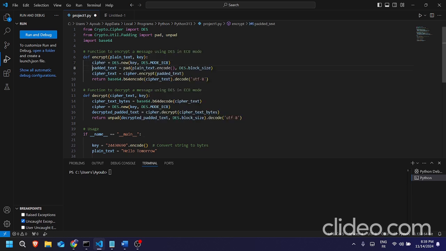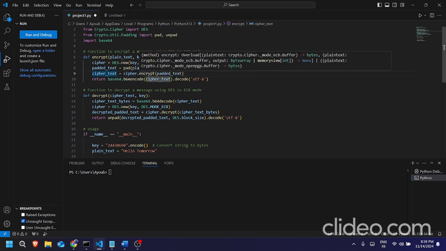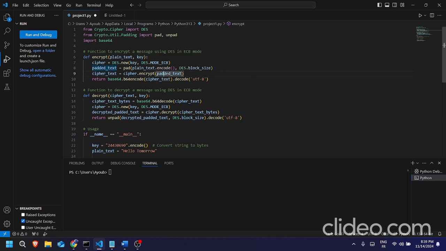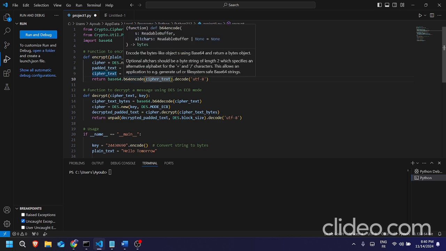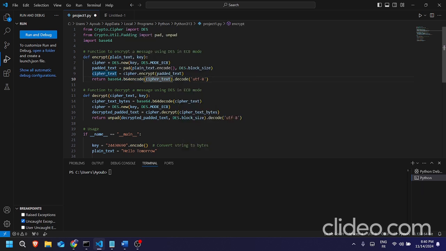After that, we're going to take our plain text and divide it into blocks of 64 bits, and we're going to add some extra bits, so it's going to match the size of the keys here, and we're going to use the method encode to convert from strings to binary. And here we have the ciphertext. We're going to call the variable and use the function encrypt, and we're going to add the pad text, which is our plain text converted. And we're going to return our ciphertext, encoded of course from binary to strings, and using this